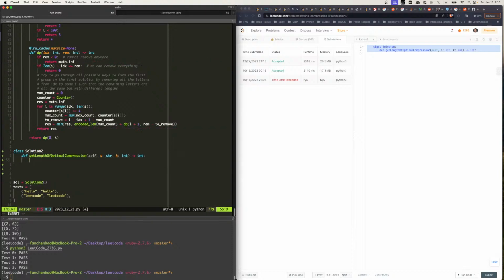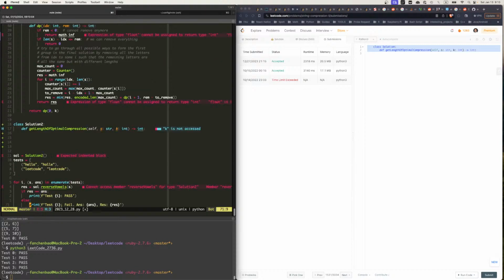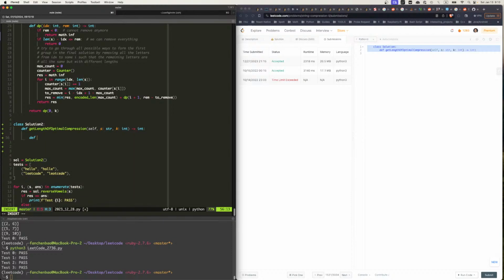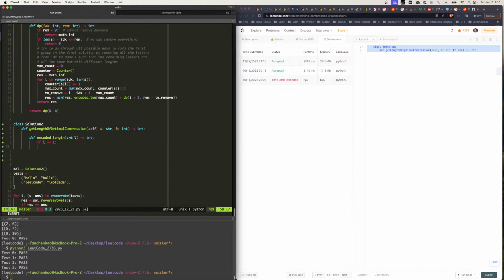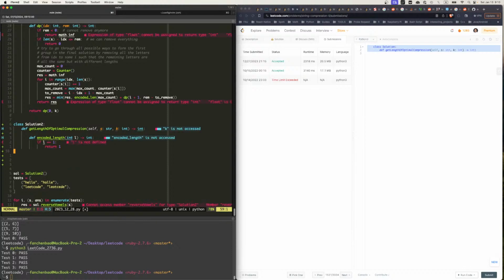All right, so the idea. Okay, let's see if we can hide everything. Ah, I cannot hide everything. So we'll do the same. Def, what's it called? Encoded length. So basically, encoded length we have L, right? And then we're gonna return. And again, if L is equal to 1, return 1, right? And otherwise,